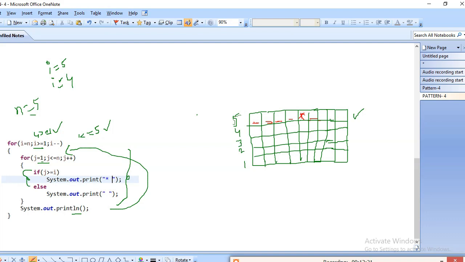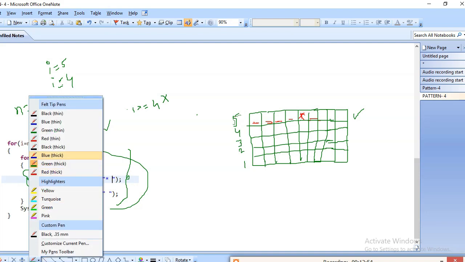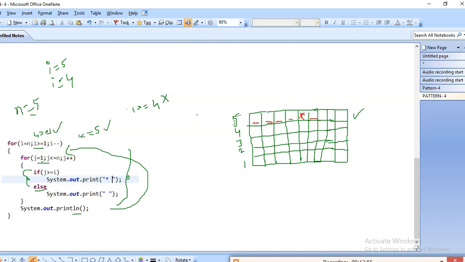Here we will check the condition again, j means how much? 1 greater than or equal to, I value now how much? 4. 1 greater than or equal to 4, condition is false. If condition is false, it will go to the else part. In else part we have given some space, so here the space will be printed.